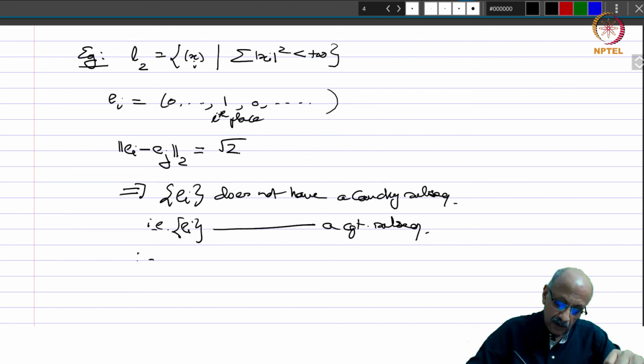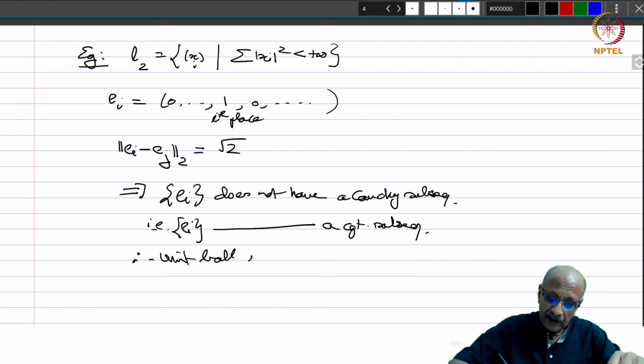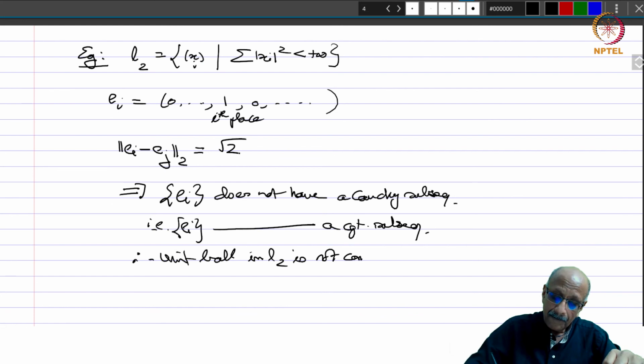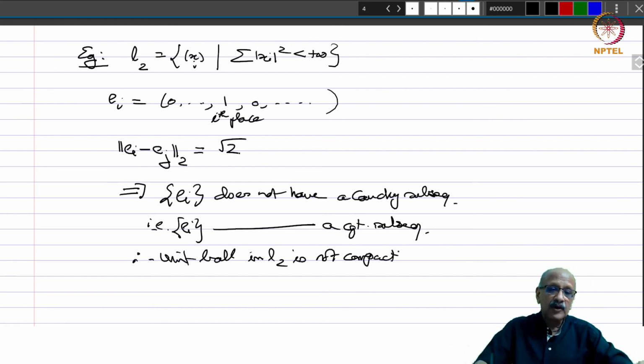Therefore, the unit ball in l2 is not compact, because if it were compact, then every bounded sequence must have a convergent subsequence, and so this is an example where this is not true. So, we have directly verified this, but we know from the theorem which we just proved that the unit ball will be compact if and only if the dimension is finite. l2 has of course infinite dimension, and therefore it is not